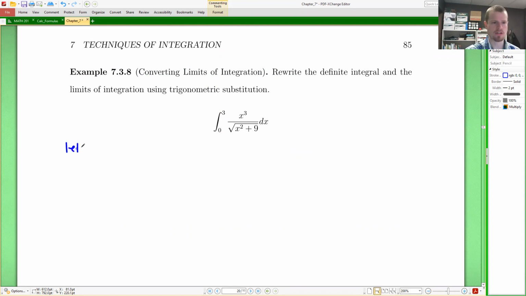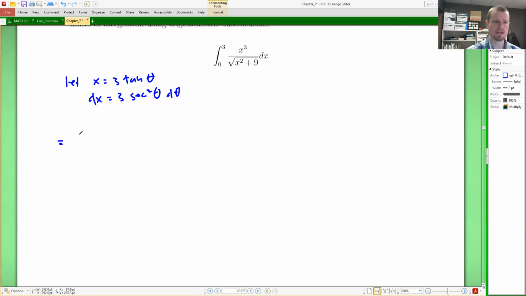We want to let, sorry, not u, let x be equal to 3 times the tangent of theta, because 9 is 3 squared. Then dx is equal to, well, the derivative of tangent is secant squared. So this gives us 3 secant squared theta d theta, of course. And once we do that, look at what's going on here. This gives us that the integral is equal to, well, actually, before we do that, we have to change our